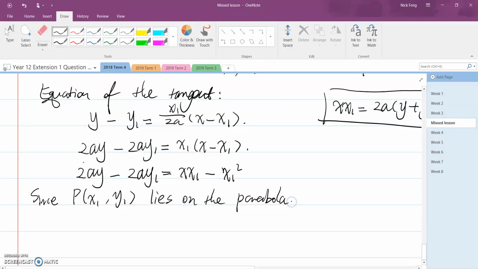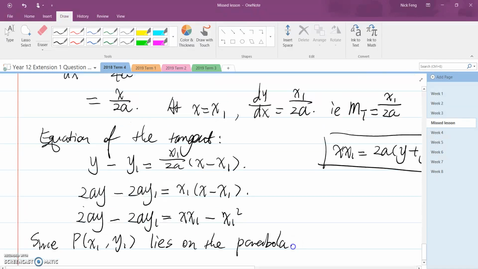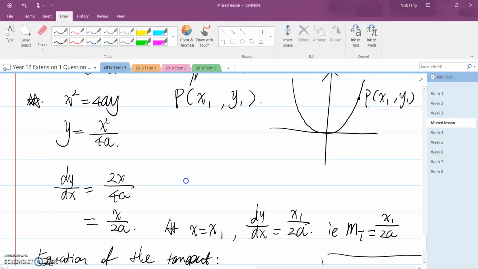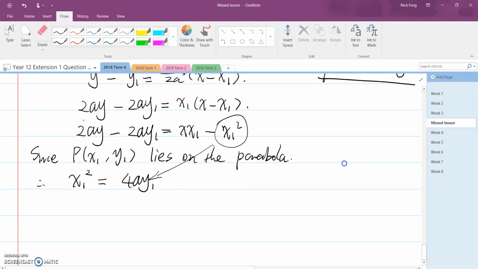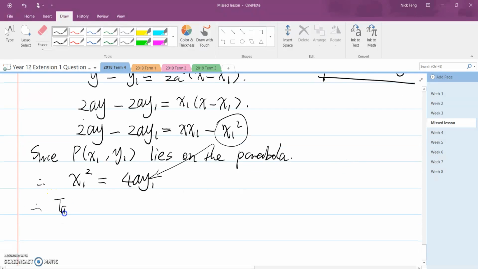Point P is a point on the parabola. That means your x and y coordinates definitely satisfy your original parabola equation, which is x squared equals 4ay. That is, therefore, x1 squared equals 4ay1. I simply substitute the x and y coordinates of point P back into the parabola equation. So, in this case, if x1 squared equals 4ay1, I can replace this x1 squared by 4ay1. So therefore, the tangent equation